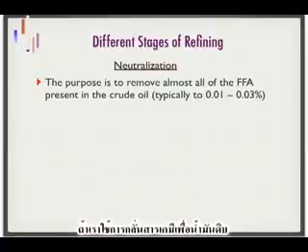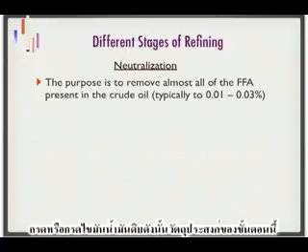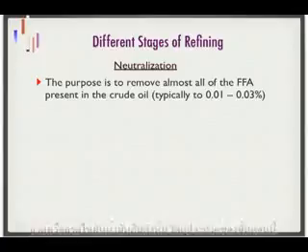If we use chemical refining to refine the crude oil, there's a step called neutralization, where we will add the alkali to neutralize the acid or the free fatty acid in the crude oil. So the purpose of this step